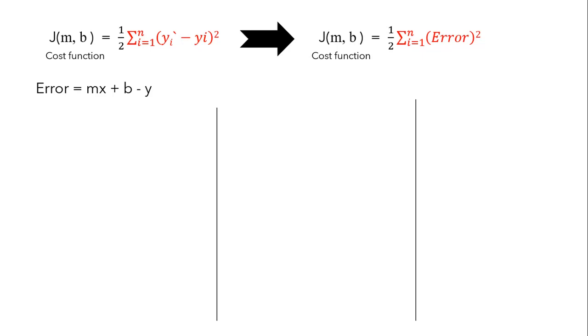Guys, just to add one thing, we have stochastic gradient descent and batch gradient descent. If we see the difference, batch gradient descent computes the gradient using the complete data set, whereas stochastic gradient descent computes the gradient using a single sample. So guys, here we are going to use stochastic gradient descent only. And as we have discussed, error is nothing but a combination of m and b values, so we can tweak these values by subtracting the derivative with respect to m and b from the actual m and b values.